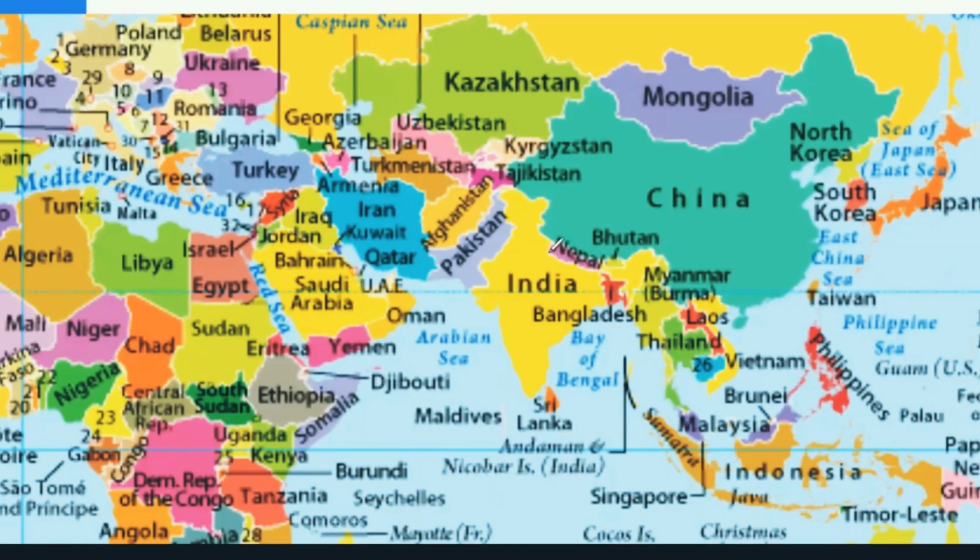With different mountain passes. I'm just showing you one example. Here is one important mountain pass known as Shipkila Pass. Here it is Nathula Pass. Here it is Karakoram Pass. So with the help of these passes, now what is a pass? You have to understand that first. Now just try to look here. I'm just going to show.